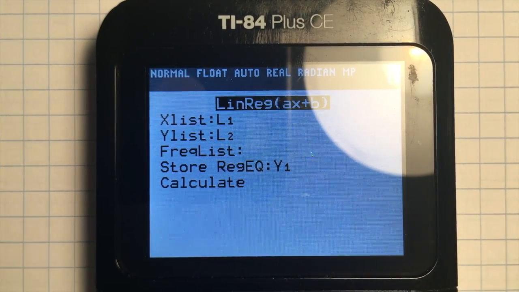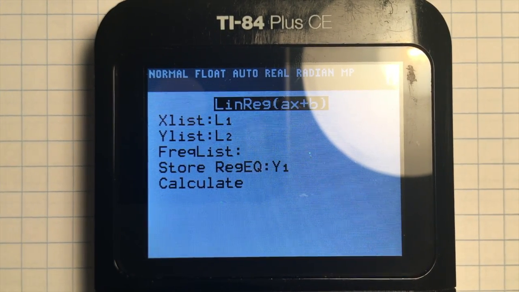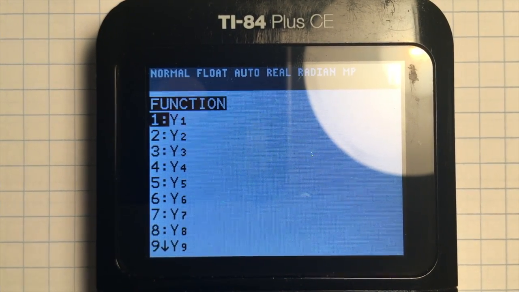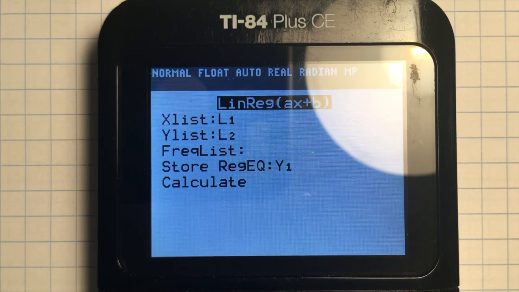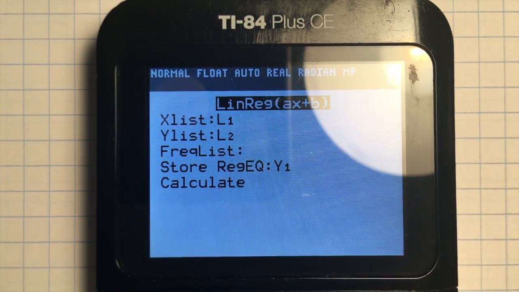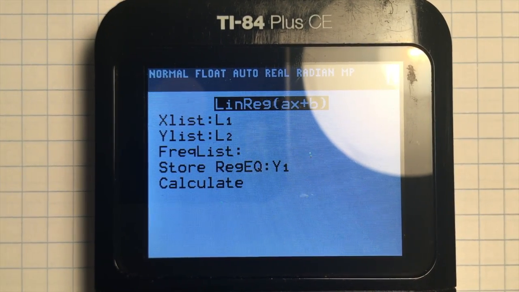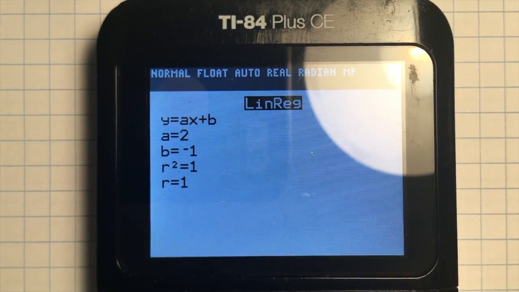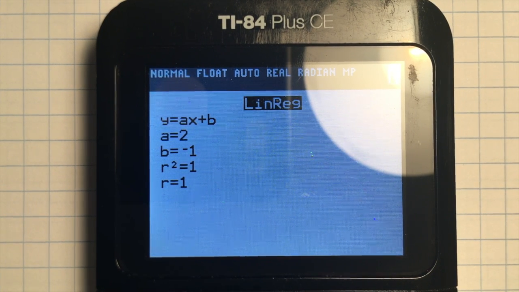This is another thing you can do. It's a nifty trick. If you go to store RegEQ, you hit vars, go to Y-vars, hit function, and choose Y1 or whichever one is empty. It will actually calculate the linear regression and store it in the Y equals menu, so that you don't have to worry about writing it down and then copying it back there again, which leads to fewer errors. So if I hit calculate, as you can see, it calculated a line, with a correlation coefficient of